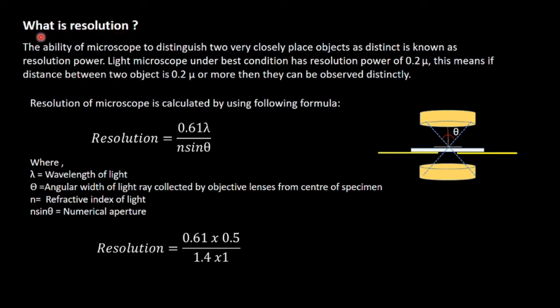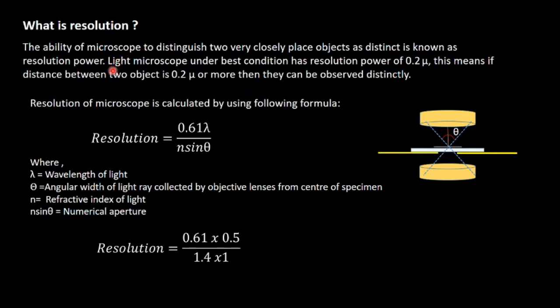Now, what is resolution? Resolution is the ability of a microscope to distinguish objects separated by a small distance. This power of resolution is more important than the power of magnification. An image can be magnified as much as desired. For example, one can project the image on a projector and then the image can be viewed sufficiently larger. But you cannot see ribosomes and other small subcellular structures even in the magnified image.